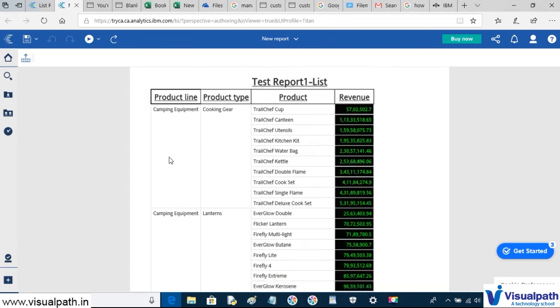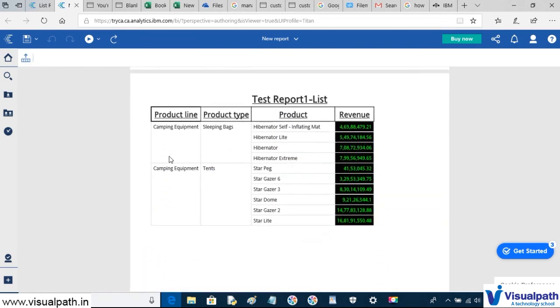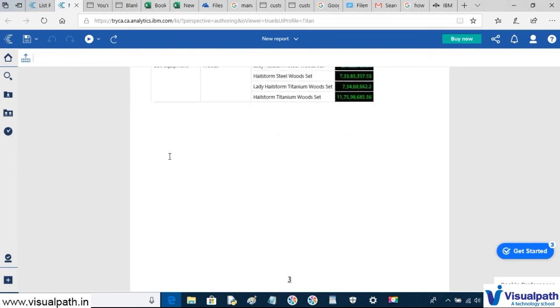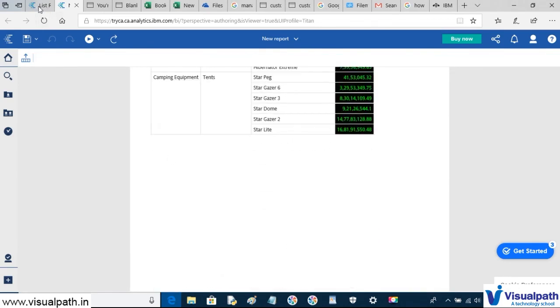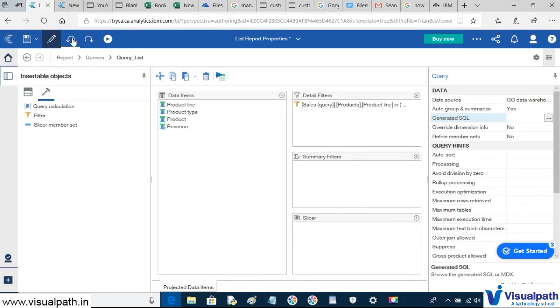Okay, so if you see here, we have data only for camping equipment and golf equipment. We don't have data for any other product lines. So this is the most basic level of filtering that we have done. You can apply a filter on any other thing, and you can also apply a filter on a measure, like measure value greater than a certain value or less than a certain value.